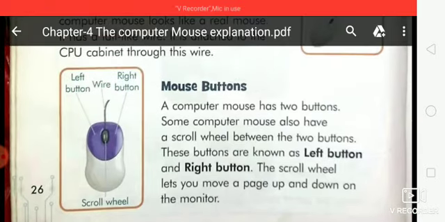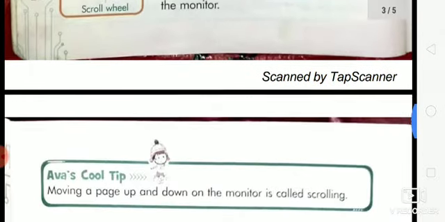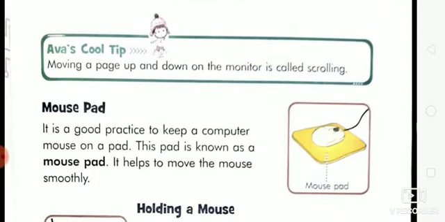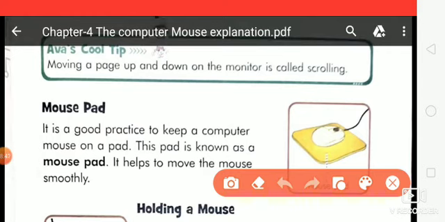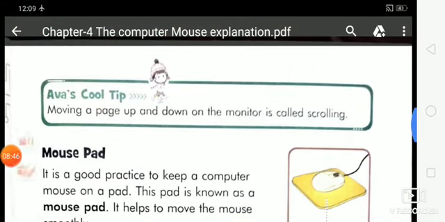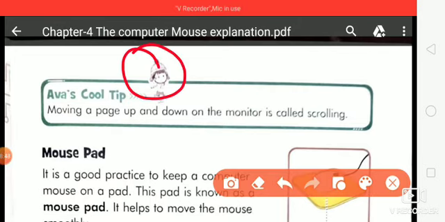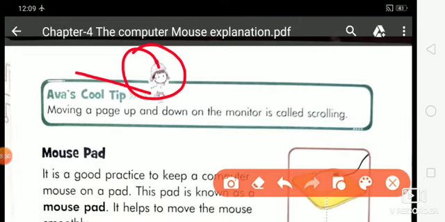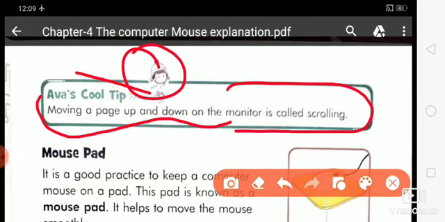Now students, come to page number 27. Here you can see a tip for you. This is Ava's tip. Ava is a girl, and she is giving you a cool tip. Moving a page up and down on the monitor is called scrolling.